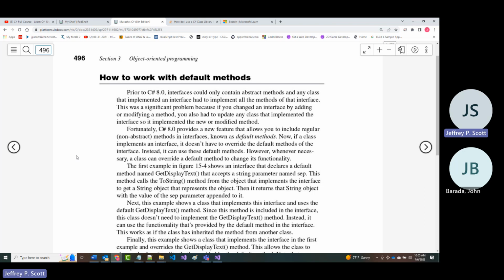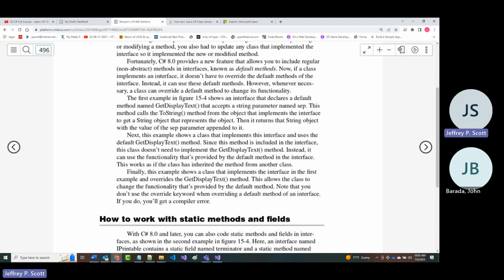That's what we're running under because we're still using 7.3, or at least I am. Fortunately, C# 8.0 provides a new feature known as default methods. As it says, if a class implements an interface, it doesn't have to override the default methods of the interface. Rather, it can use the default methods.